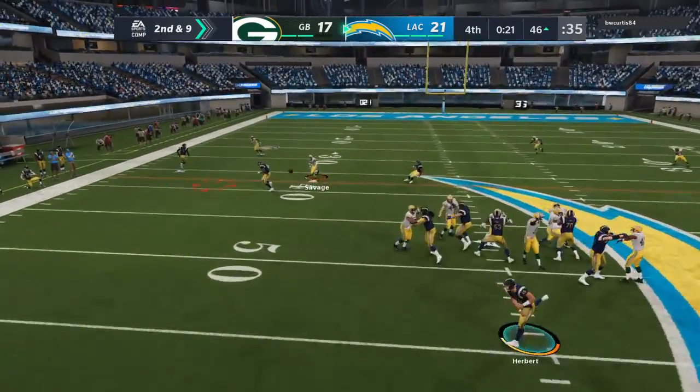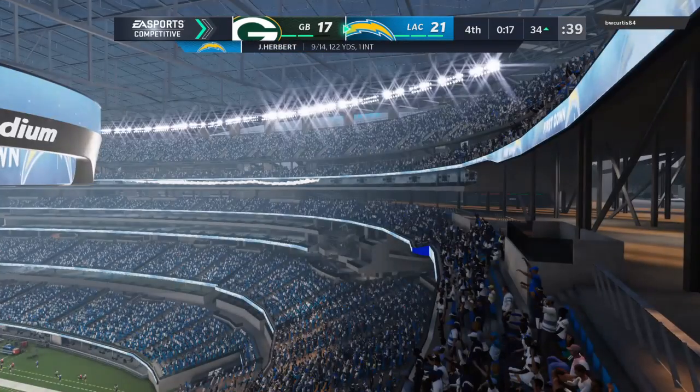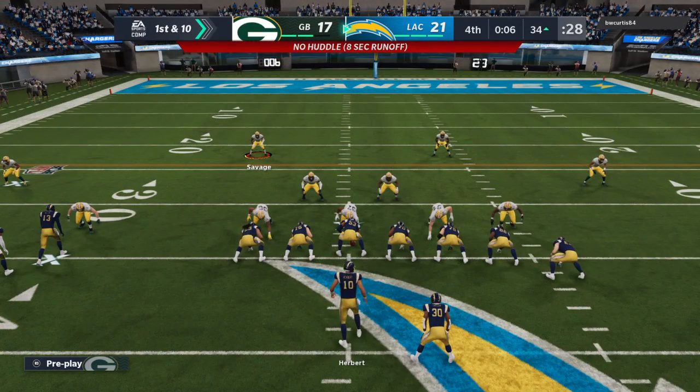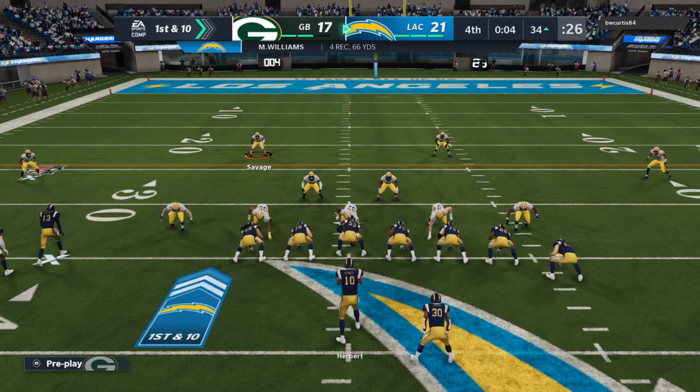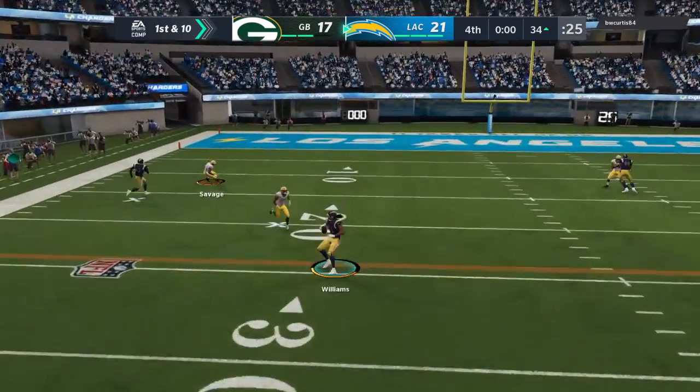They're going to pass here with Herbert. Throwing the out route incomplete. That's Williams. That's good. And this is going to result in another first down as the tackle's made at the Packers' 34-yard line. From the shotgun, here's Herbert. Man open